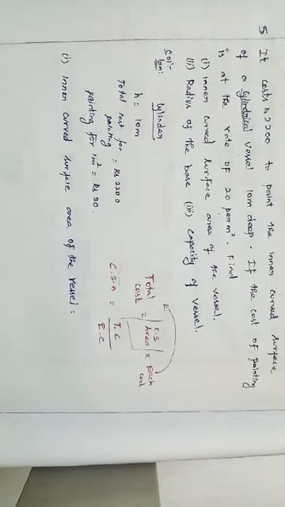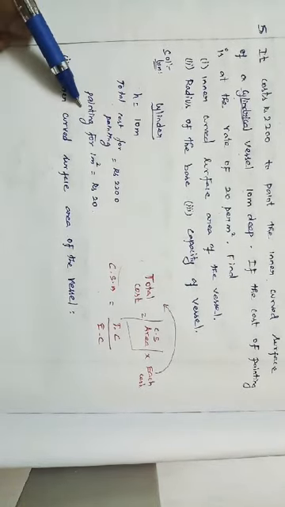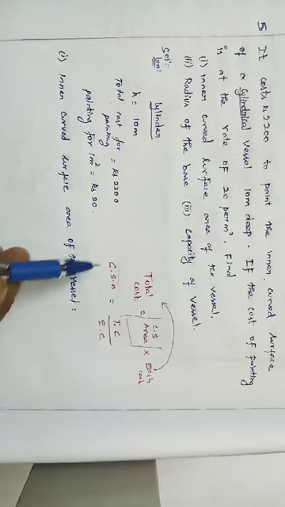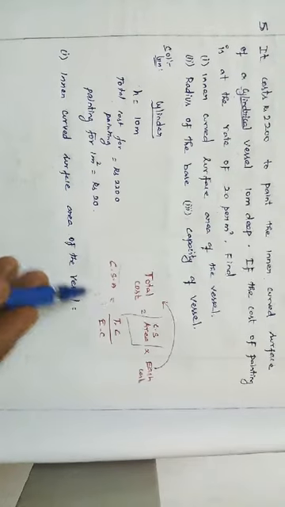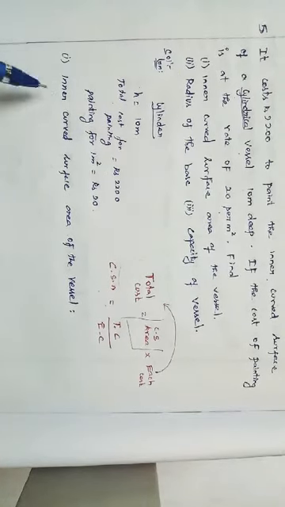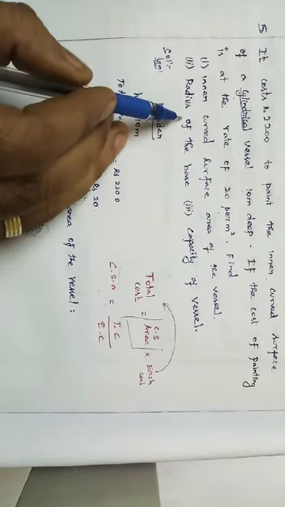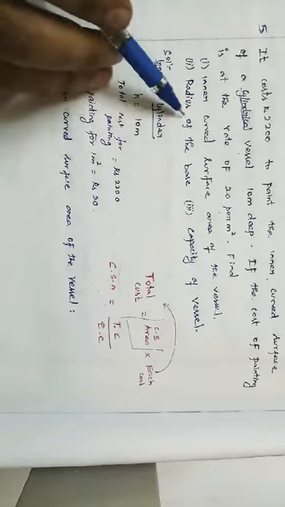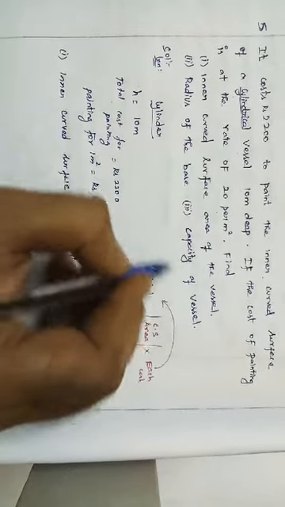We know the value of total cost and the value of each cost, and that area alone we want to find. So by this methodology we find the curved surface area. Second subdivision: radius of the base. If we know the curved surface area of a cylinder, by equating with the formula we'll get the radius. If we know the radius and the height, then we can find the capacity of the vessel. What is capacity? Volume.